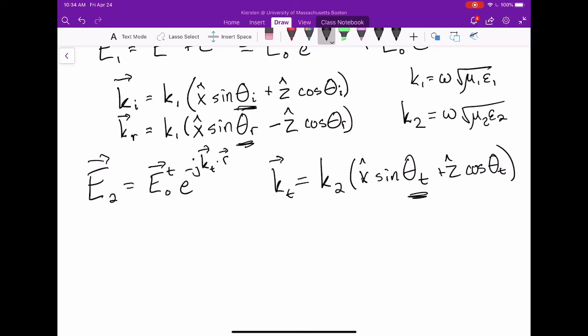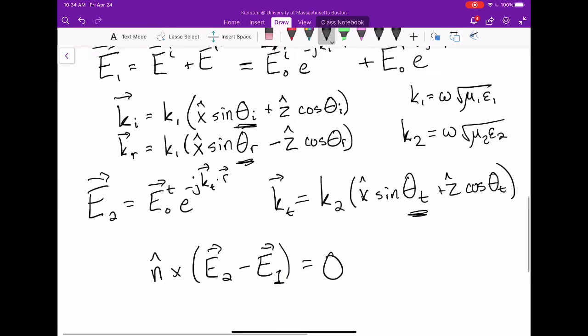What we do now is we find the relationship between all of these angles based on the boundary conditions at the interface. What we know is that the tangential components of these electric fields have to be equal to each other. Now, these electric fields may have components that are not tangential. That's okay, because when we evaluate this, if we write it in terms of the expressions we came up with for the electric field before,